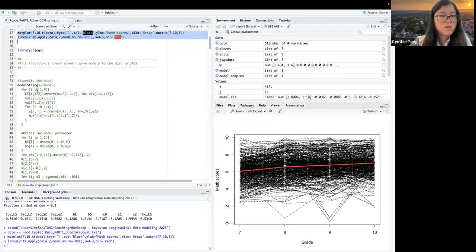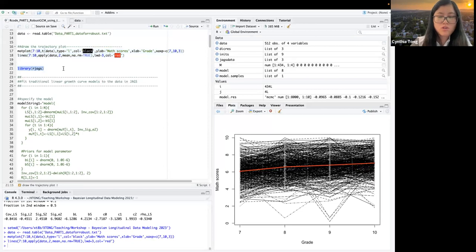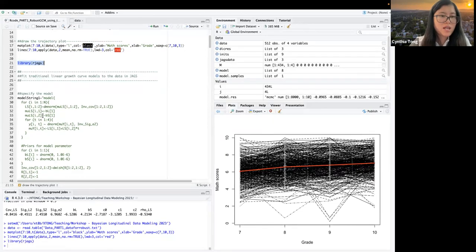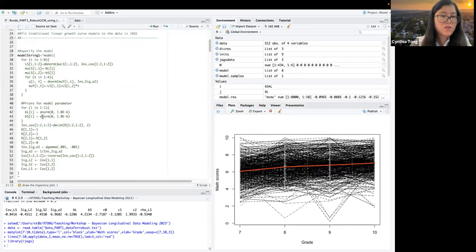Okay, so when we fit the traditional growth curve model, it's just the same as what we did previously. So this is the random intercept and slope following a multivariate normal distribution, and that's why the observed score follows a normal distribution, okay?